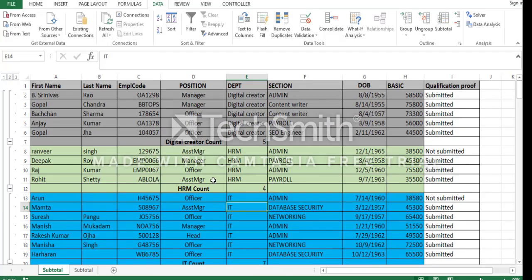This is very useful and very quick to have a quick calculation on your data set, and this is just a data set for an employee with a salary. Similarly, you can have a sales data where you can use a region wise subtotal. You can have a sales rep wise total of their sales. Similarly, this can be used in any form of data. I hope this is